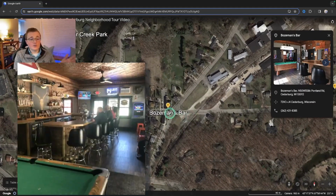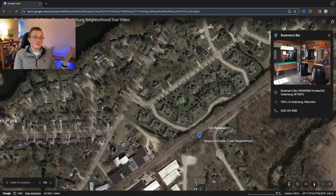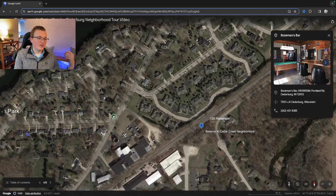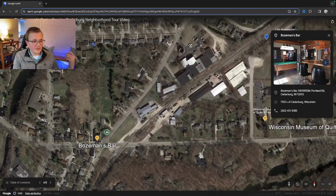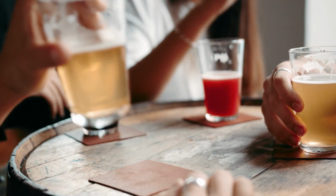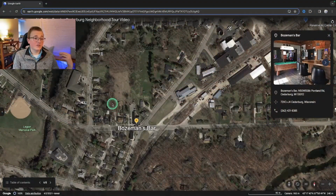Going on, there's also Bozeman's Bar, so it is walkable. If you want to be walkable to a bar but not be in downtown Cedarburg, there you go. You can, of course, take this road over here, across the street, and now you're at Bozeman's Bar. I highlight that one just because a lot of people know about it in the community and enjoy having a good time there, connecting with friends, and not necessarily being in all of downtown Cedarburg,